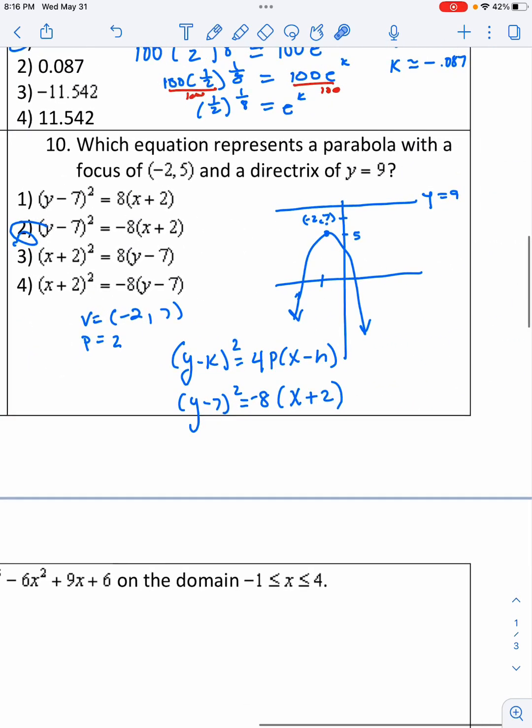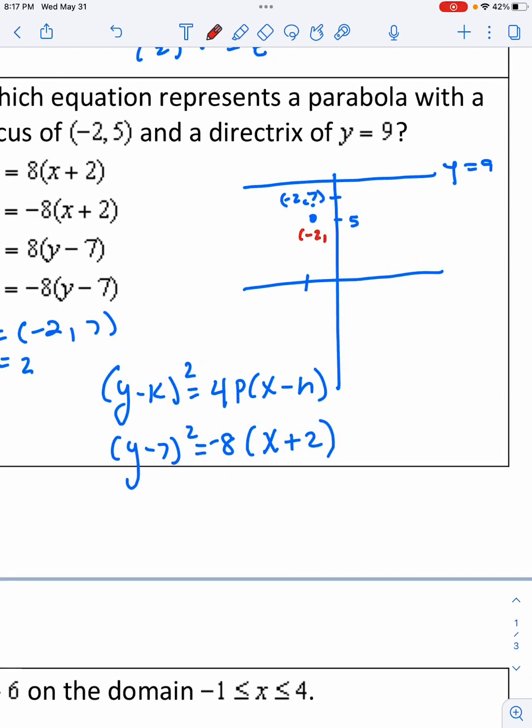Okay, next one. We want to have the equation of a parabola given the focus and the directrix. So I did a little sketch, that always helps me. I drew my directrix at y is equal to 9, and my focus. My graph's a little bit off, I apologize for that. We'll have our focus here at